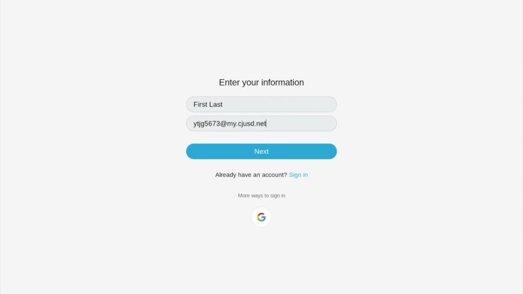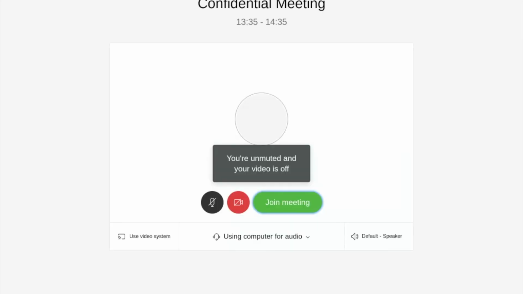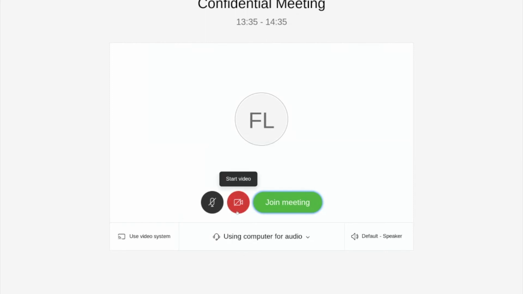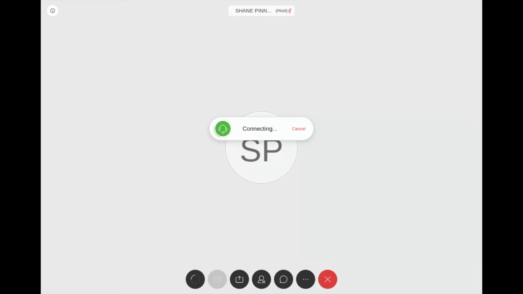Once the student has entered this information, they will be able to participate in the Webex meeting as they normally would, but since they have not logged into the Chromebook with their CJUSD account, the tools provided by GoGuardian are not loaded and no other CJUSD employee will be able to view what is on the Chromebook screen. We have made a quick tutorial video for students showing them how to perform this that you can share with